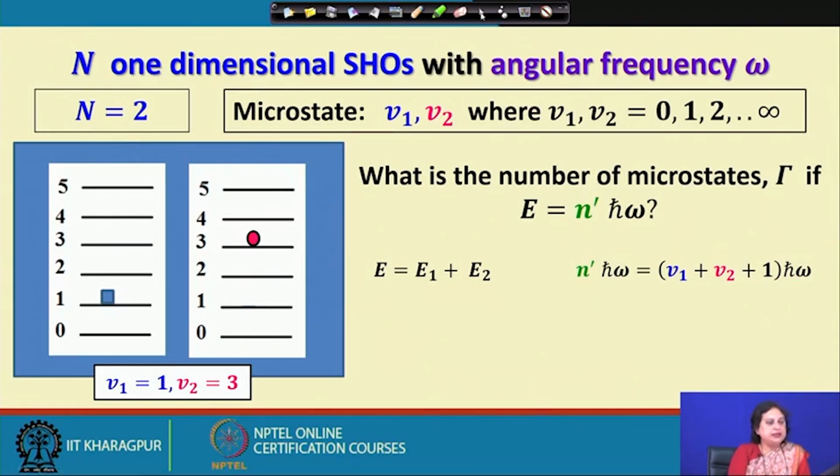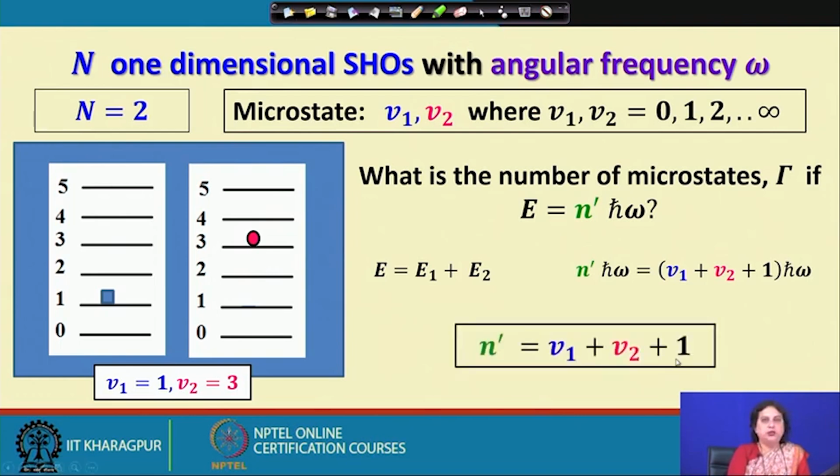Now, once I understand this, I should bother about the limiting condition here on the possible values of V1 and V2, and that has been highlighted over here. What I find here is for a given value of n prime, it must be equal to V1 plus V2 plus 1. Okay. Now, please try to understand, although V1 can itself vary from 0 to an infinite value, V2